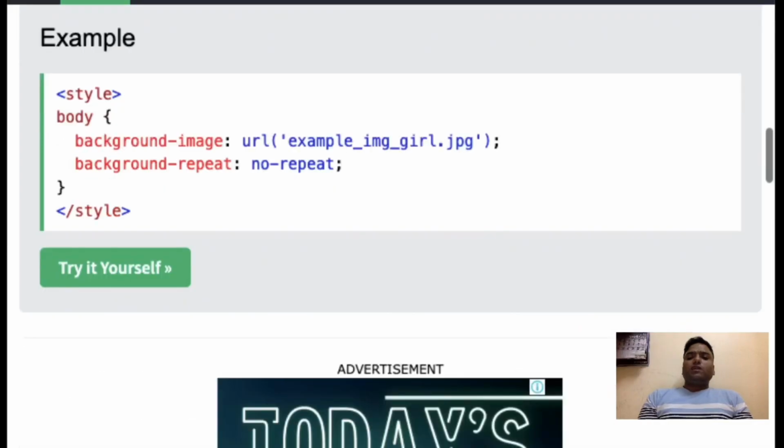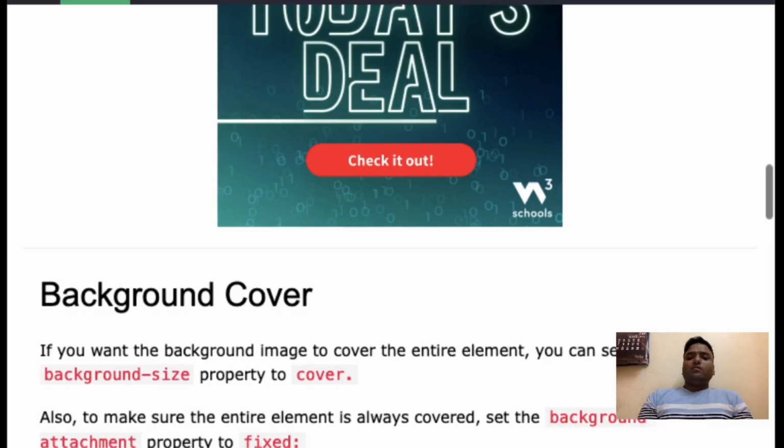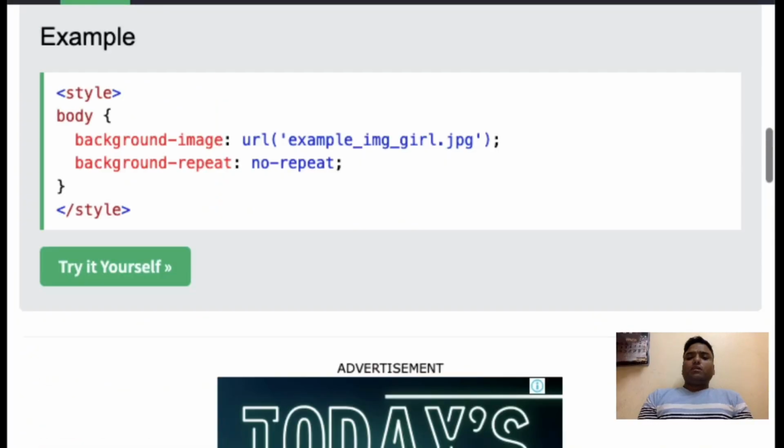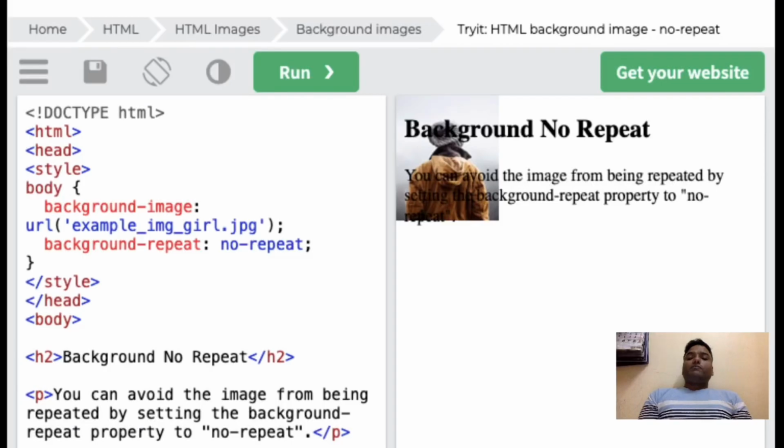So if you say background repeat is equal to no repeat, it will not repeat, and the image will be displayed only once, like we have seen when it is not defined. By default it will repeat itself. So here you can see it will not repeat when you write background repeat is equal to no repeat.